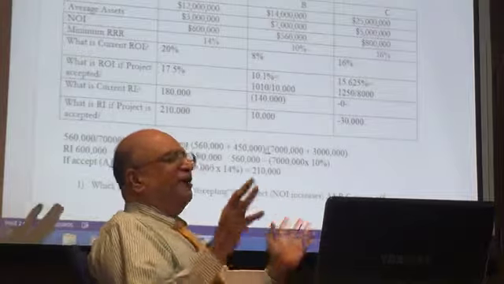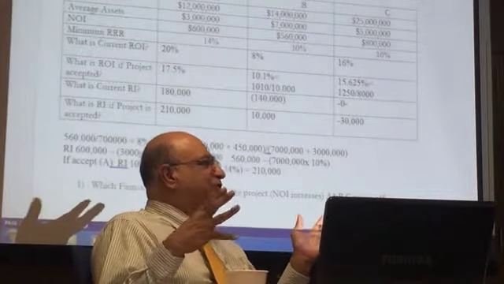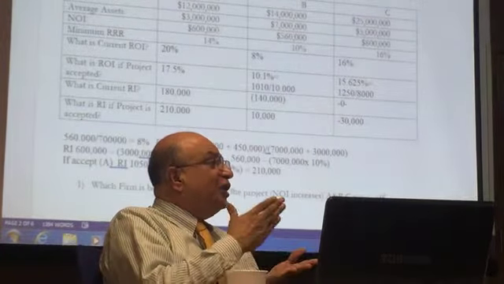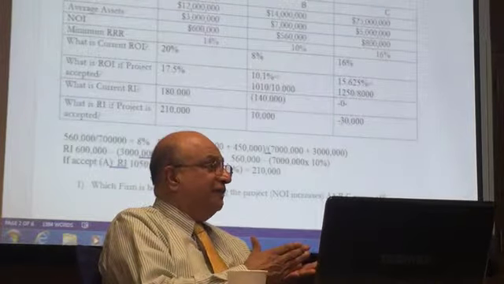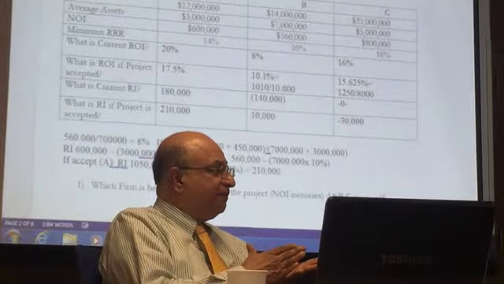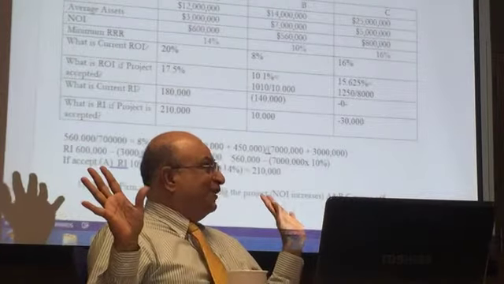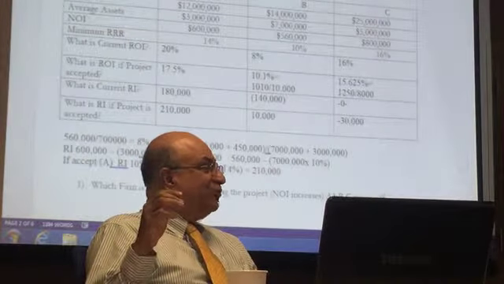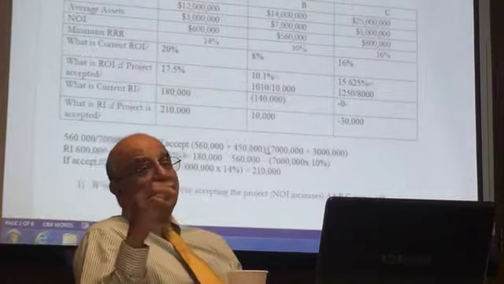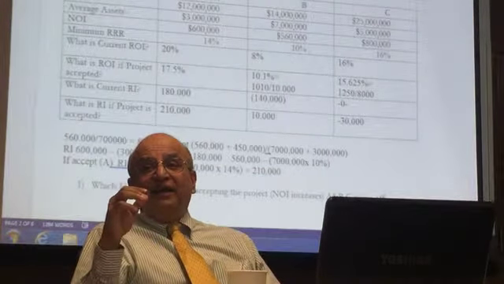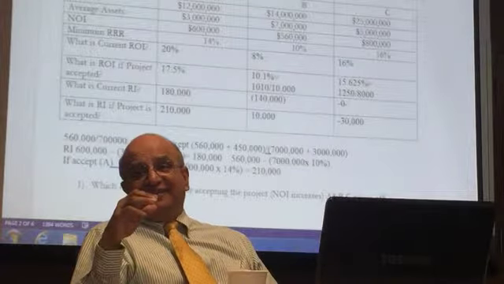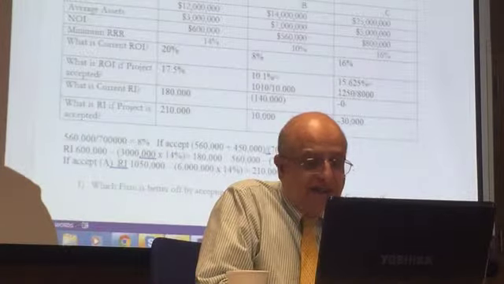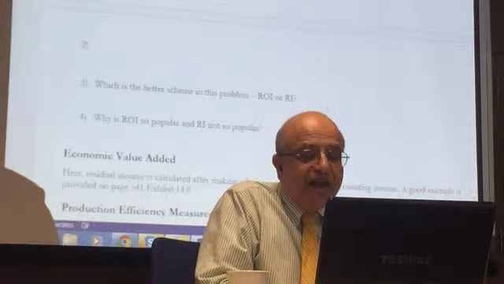Exactly. So we've taken a long roundabout route to come back to this point: the manager's incentives and the corporate incentives are not aligned in this case with ROI. B is fine, C is fine. Both of them do the right thing, whichever one you give. But A is where we have a conflict. They should be accepting the project, but if you reward them based on ROI, they will not accept it. So in this particular case, RI is better.